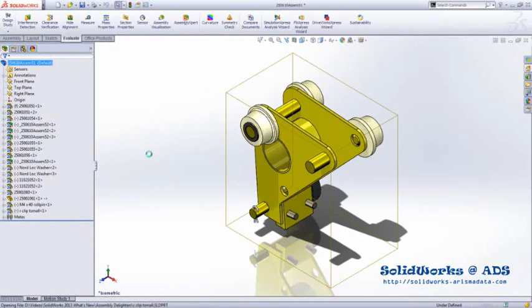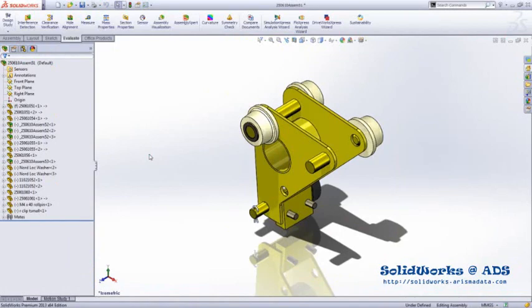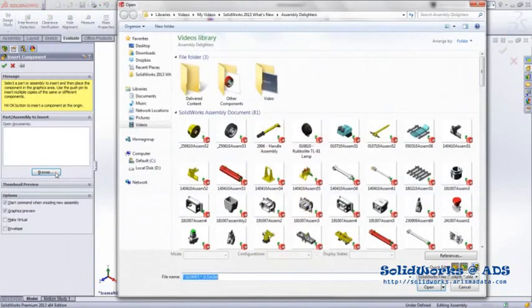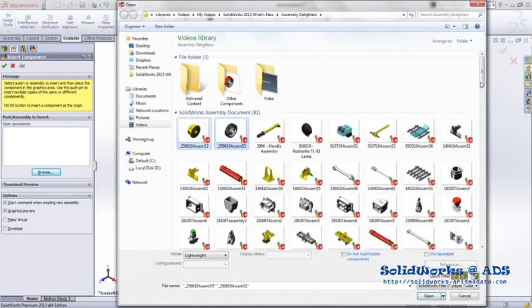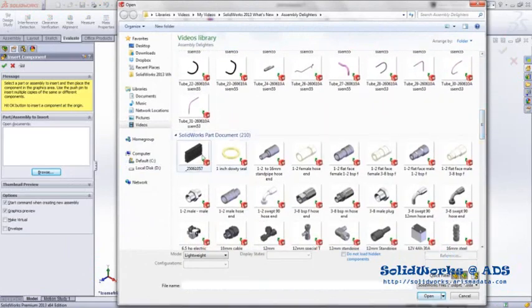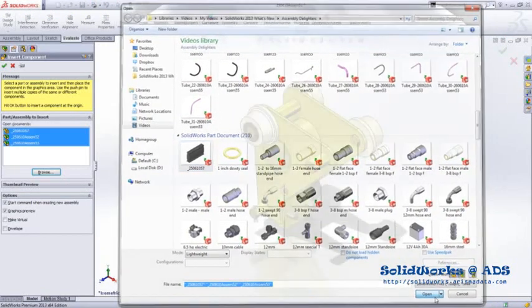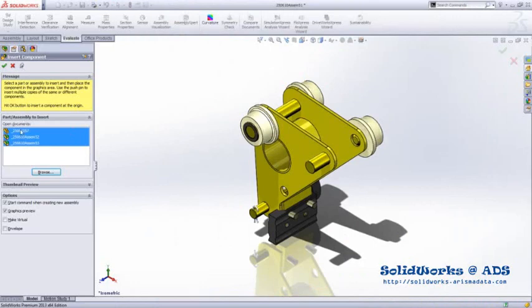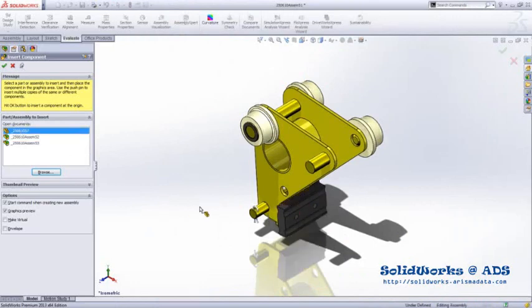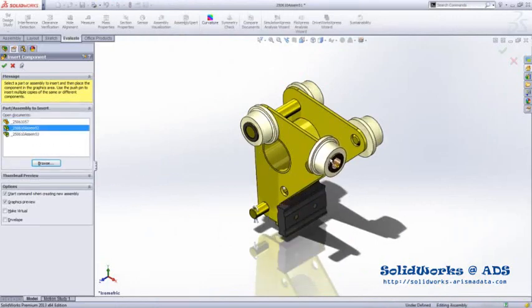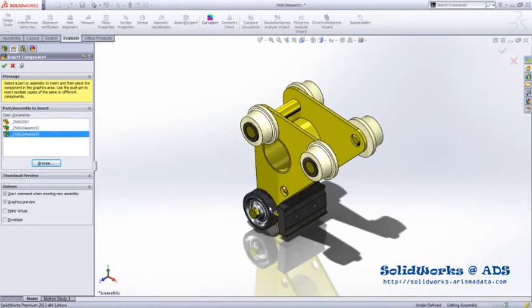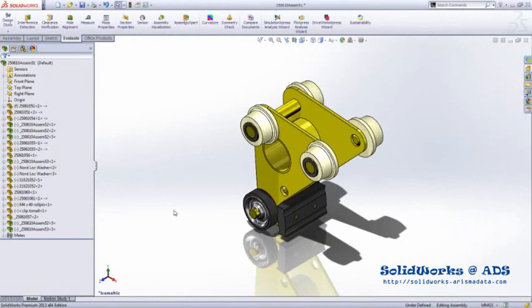If we want to insert multiple components into a design, we used to have to do this one at a time. Now in SOLIDWORKS 2013, we can choose to select multiple components for insertion. This includes combinations of parts and assemblies as well. Once we've chosen the components, positioning them is easy using commonly found mate references. Here we'll go ahead and drop these wheels back onto the assembly design to take a look at the next capability,